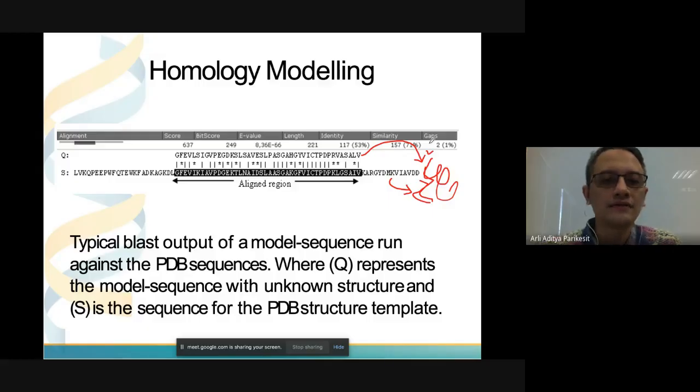You don't need to do experimental validation to predict the structure, to have at least information about the protein structure. You don't need to spend billions of rupiah or even millions of US dollars to determine the structure, and yet you still can have a good publication.